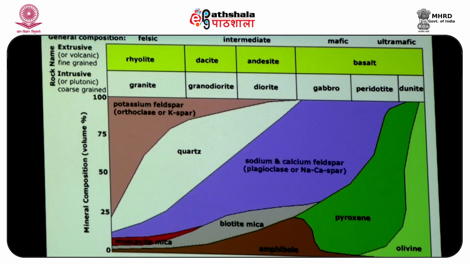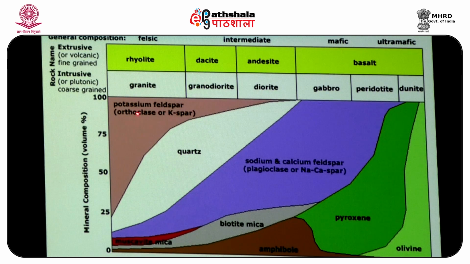equivalent. Say if it freezes or crystallizes at some depth, okay, there will be these plutonic rocks. These are those rocks which are same composition but extrusive. It comes on the surface as lava flow. So, when we have granite at the depth, we will have rhyolite on the surface as lava flow, and the